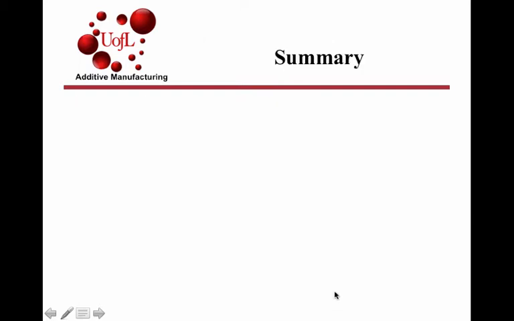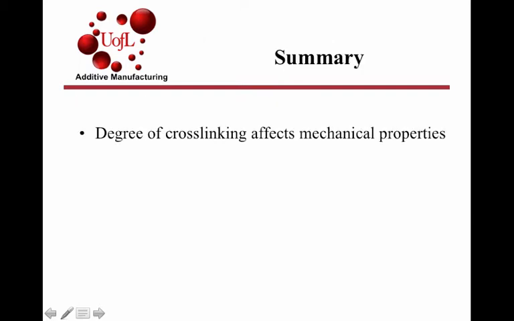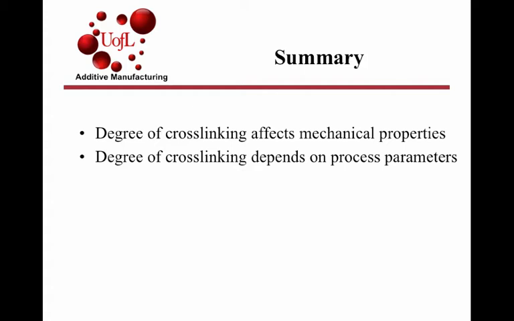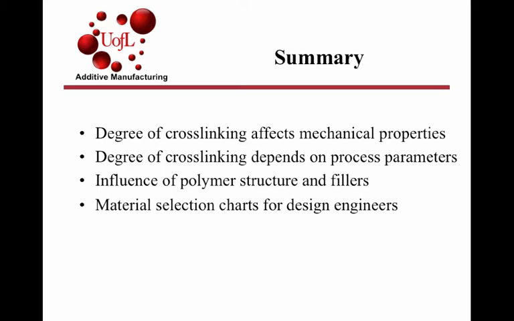So to summarize, degree of cross-linking affects material properties. The degree of cross-link can be changed by process parameters. It can also be changed by chemistries. The influence of polymer structures and fillers also can be measured and dialed into material design to be able to get specific mechanical properties. A few material selection charts for design engineers are shown as to where